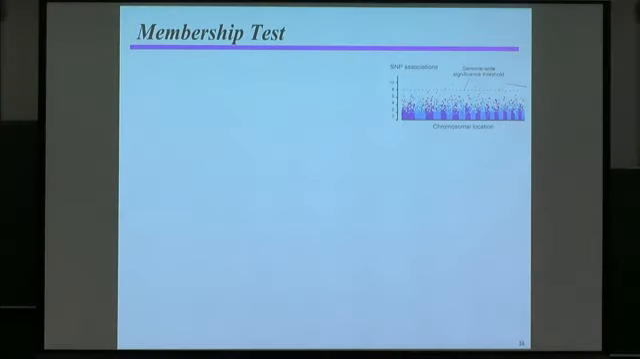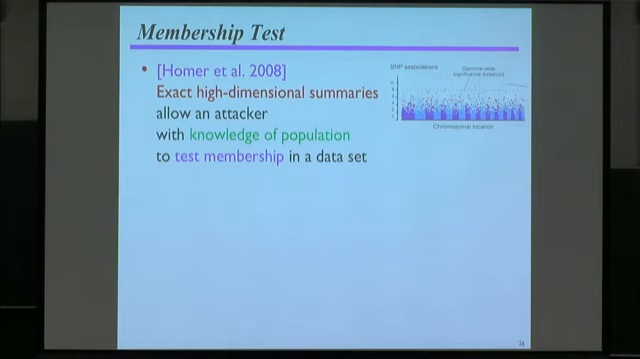So another type of attack that comes up is what are called membership tests. An example of this was provided in a paper by Homer and some other biologists, where they looked at statistics that were published about a type of clinical study, a genome-wide association study. And the thing that they noticed there was that even with very, very little information about the data set, if you released lots of high-dimensional summaries about the data set,